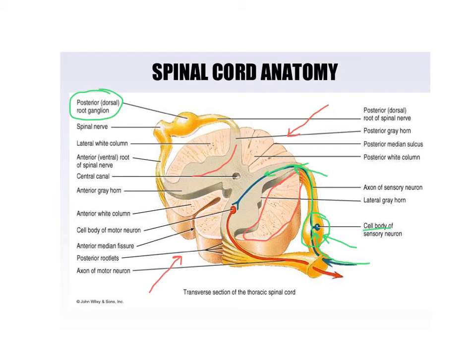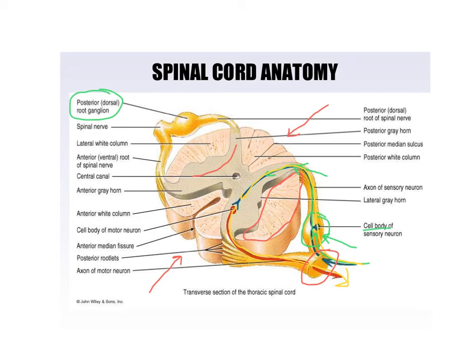And the sensory information is going to enter the spinal cord through the posterior, or the dorsal root, right through there. Now, if this was a reflex, like say you touch something hot, that sensory information would come through the dorsal root, come into the spinal cord, and then directly go to a motor neuron and come out through the anterior part of the spinal cord, and go directly to an effector, which will move your hand away from something that's hot. So this right here would be one of the 31 pairs of spinal nerves which branch off from the spinal